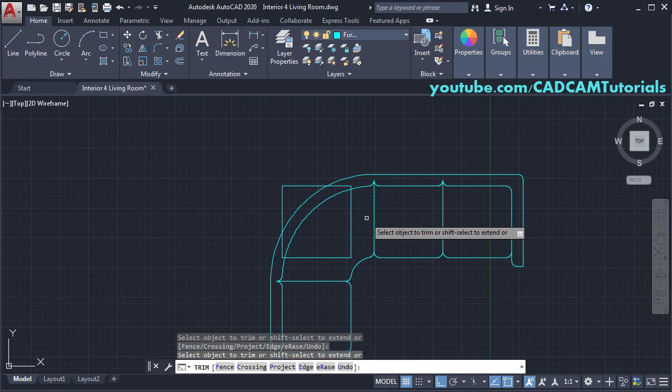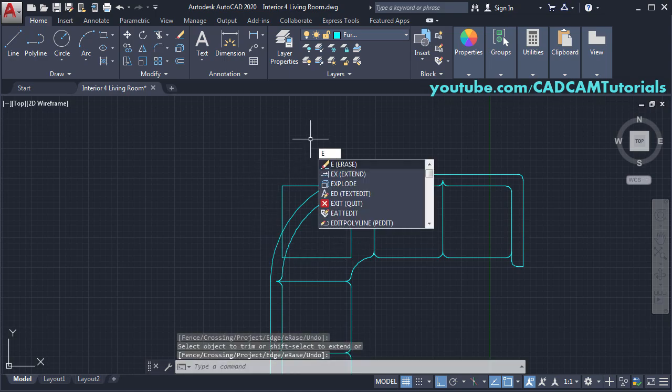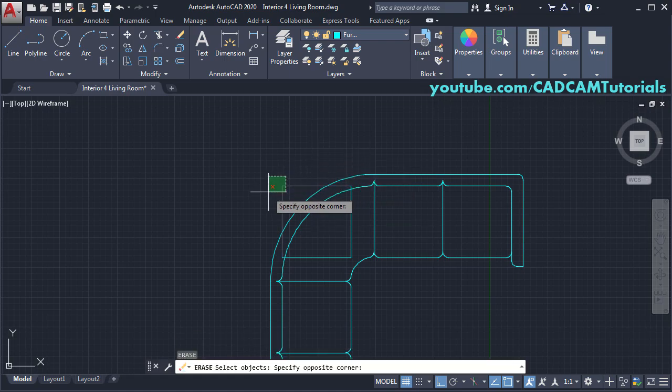And press enter. Then erase these lines, type E, enter, then select these lines,